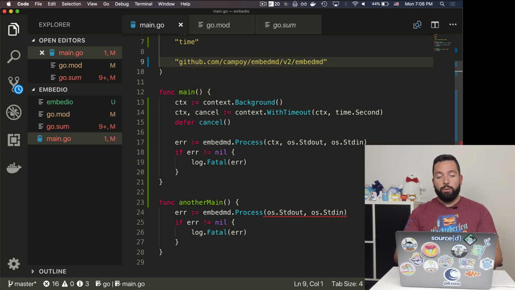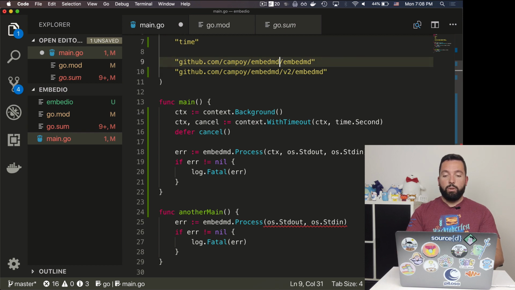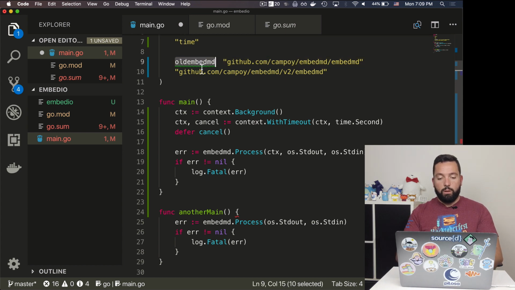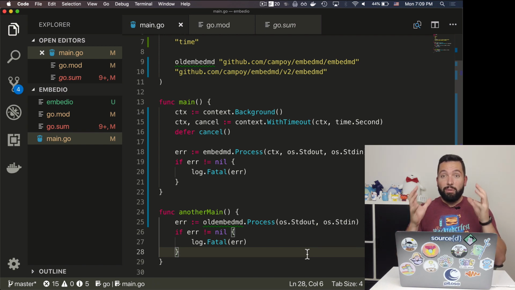Well, actually you can do this, where you're gonna use v2 and you're gonna have to use an alias for one of them. So say we're gonna use old embed md, and now I'm going to use that old embed md here, and now both of them compile and both of them work, right? And that's the whole point about having a different import path for different versions other than v0 and v1, right? Once you go v1, v2, v3, every single version is going to be a different package completely. So you're going to be able to import them independently, therefore use both versions at the same time, which is